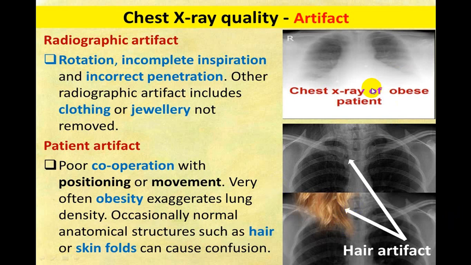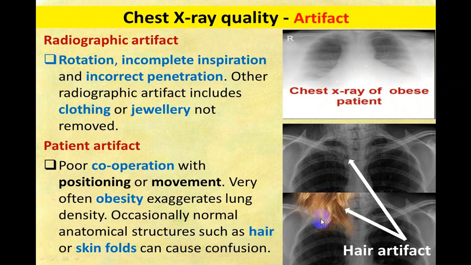At the same time, there is another artifact that you can come across. If a person is obese, the diaphragm is pushed up. Because of the pushing up of the diaphragm, the heart is horizontal. You will have a cardiomegaly. You will not be able to identify the dome of the diaphragm clearly, and the costophrenic angle also will not be identifiable. So even in obesity, you can have a false interpretation. So try to look for all those things.